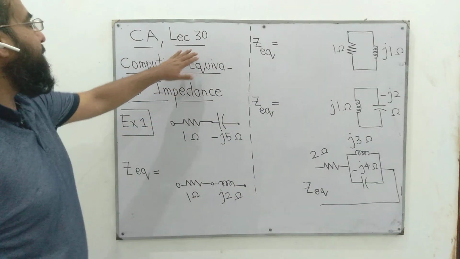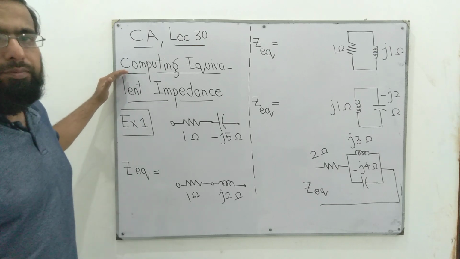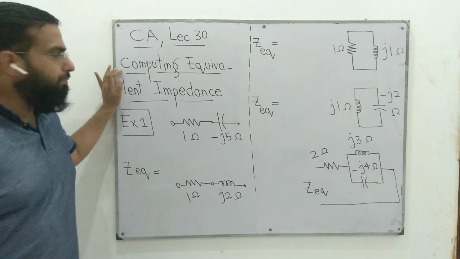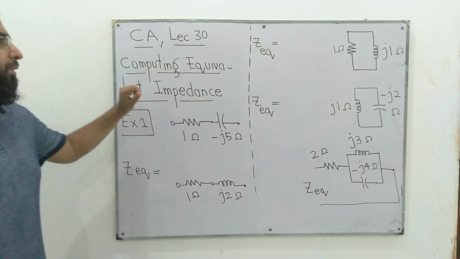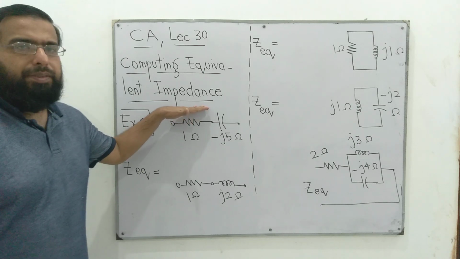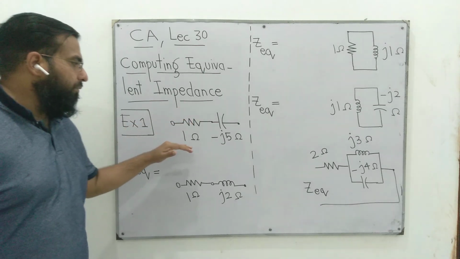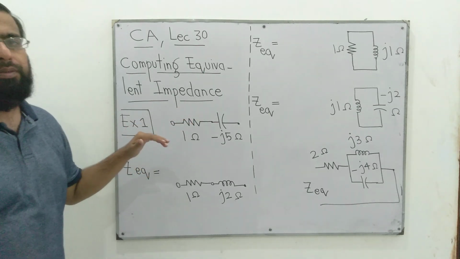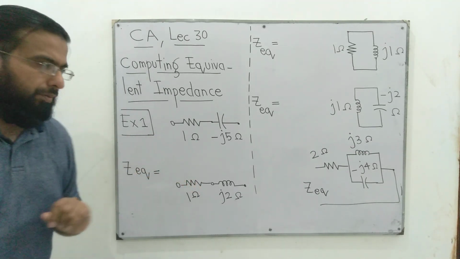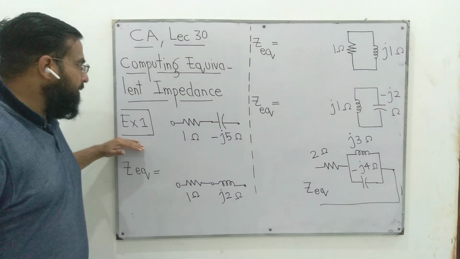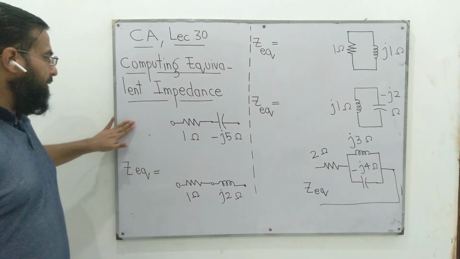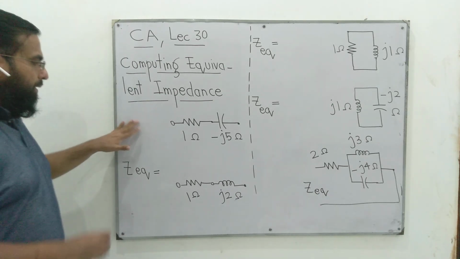Welcome to lecture 30. This is a revision lecture in which we will revise the concept of computing equivalent impedance given a resistance, capacitive reactance, and inductive reactance. So in example 1, we'll solve a number of examples here. In this example,